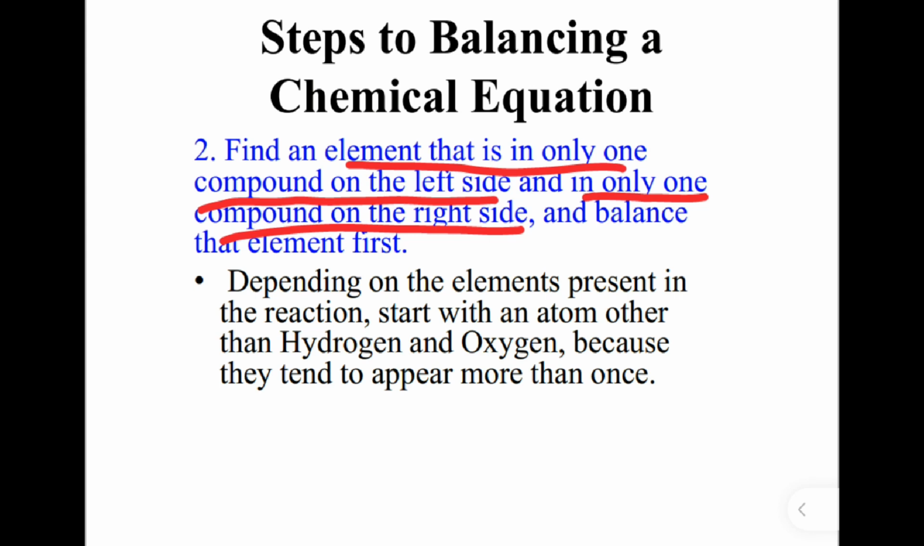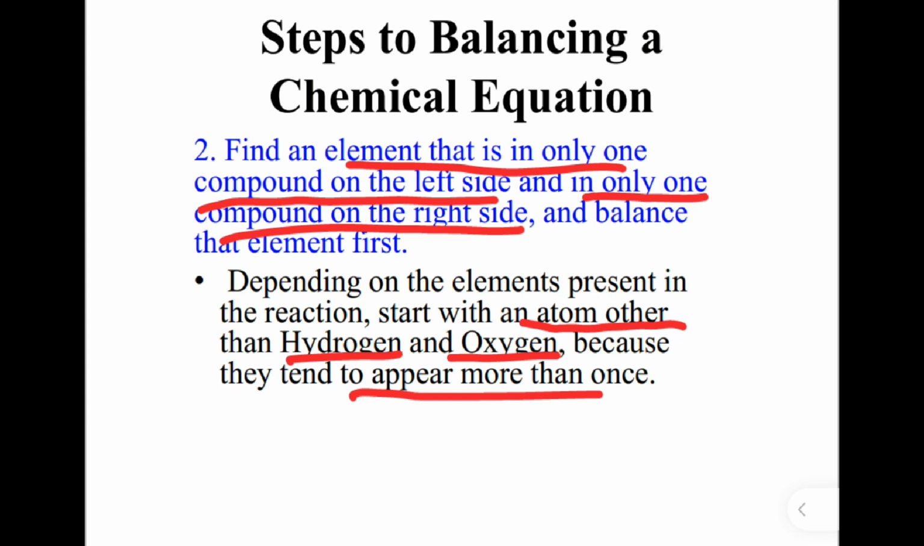Depending on the elements present in the reaction, start with an atom other than hydrogen and oxygen because they tend to appear more than once. በሪአክሽን ውስጥ ባሉት አተሞች ላይ በመመስረት ከሃይድሮጅን እና ኦክሲጅን ውጭ በሆኑ አተም መጀመር አለባቸው ማለት ነው። ምክንያቱም እነዚህ አተሞች ከአንድ